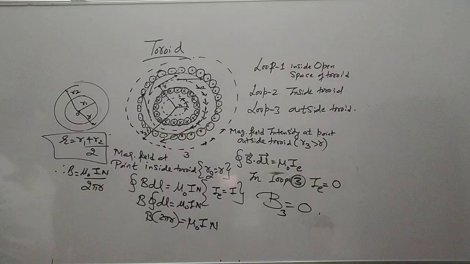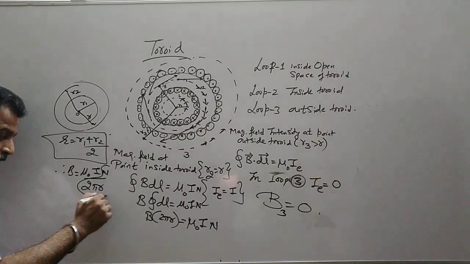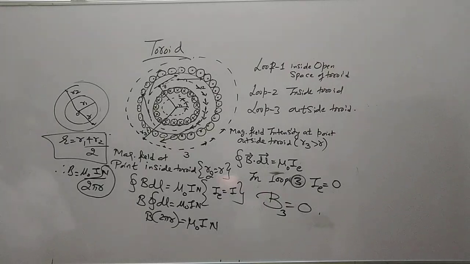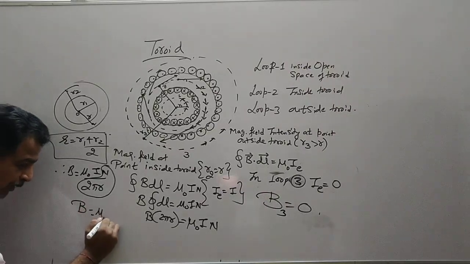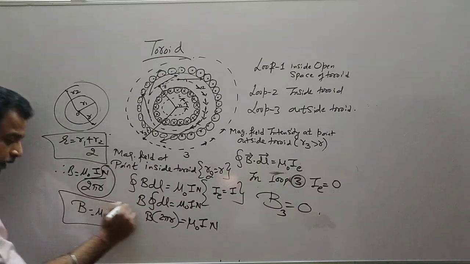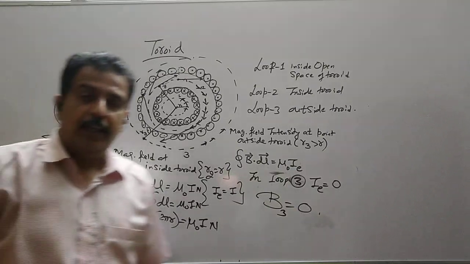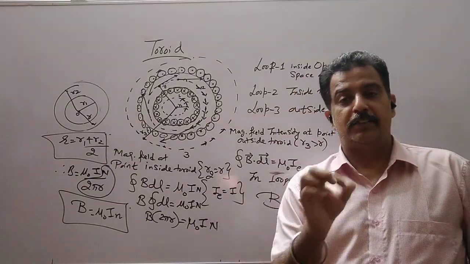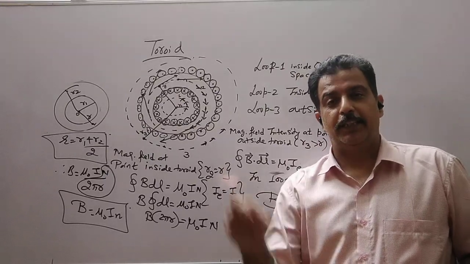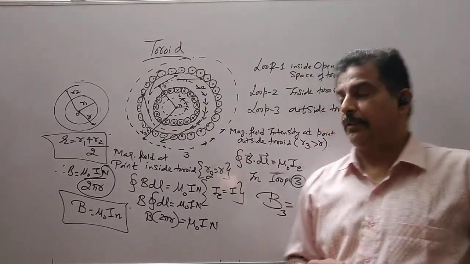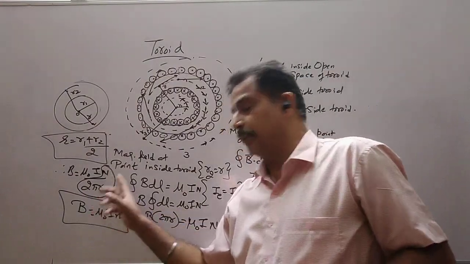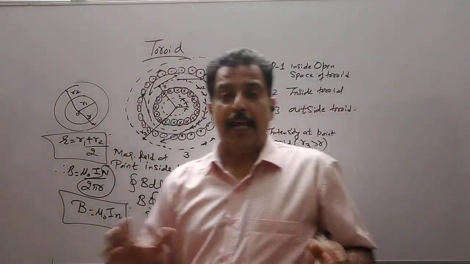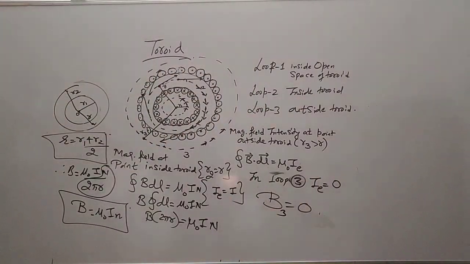Now this can be read as the number of turns per unit length. The number of turns per unit length is denoted by small n, so B is mu naught I into n. The formula remains the same as that of the solenoid, that is mu naught n I. The difference is that in the solenoid we have a length, in the toroid we have its circumference. So the small n formula becomes N upon circumference. In the solenoid we have N upon the length of the solenoid. So this is the magnetic field intensity inside the toroid.